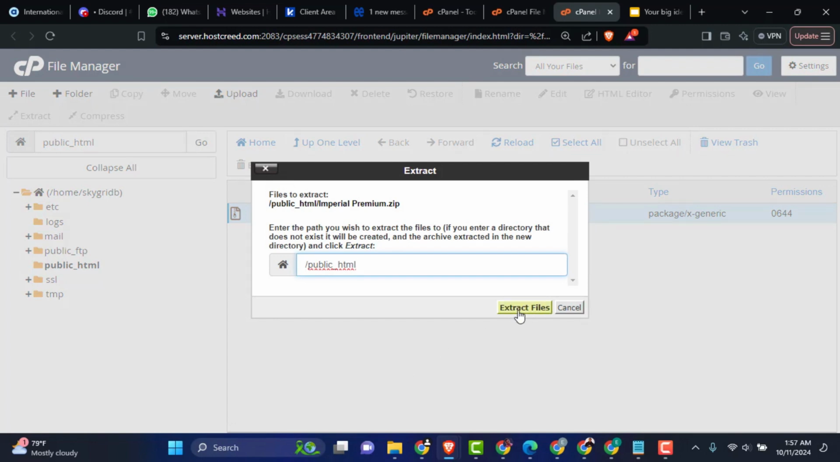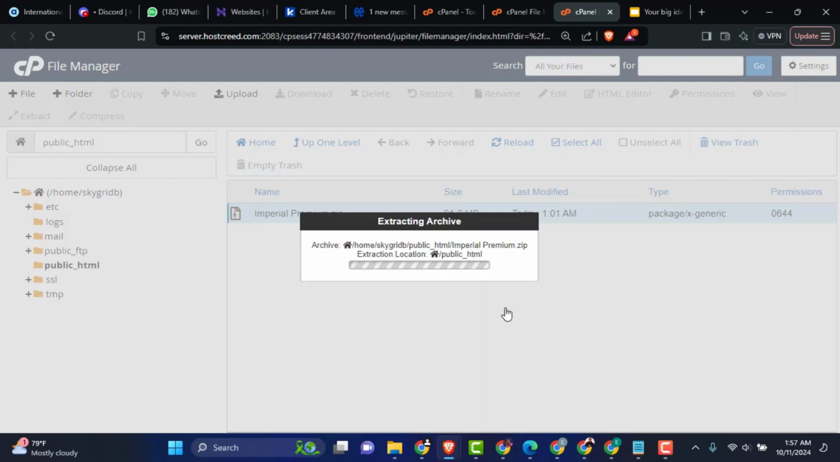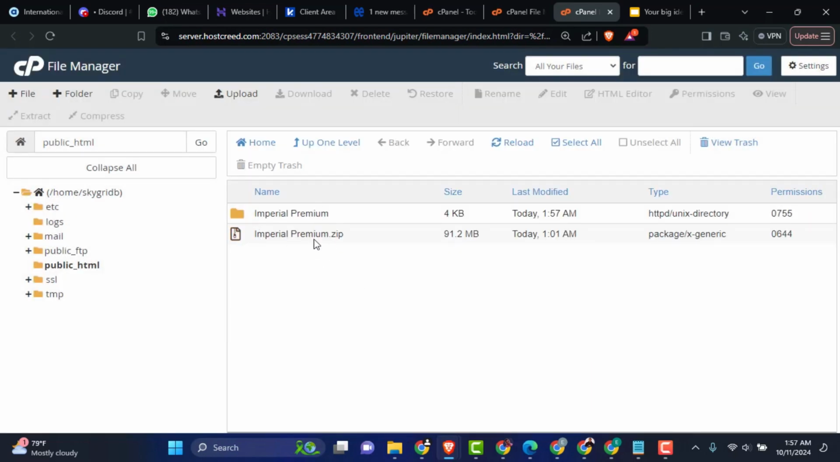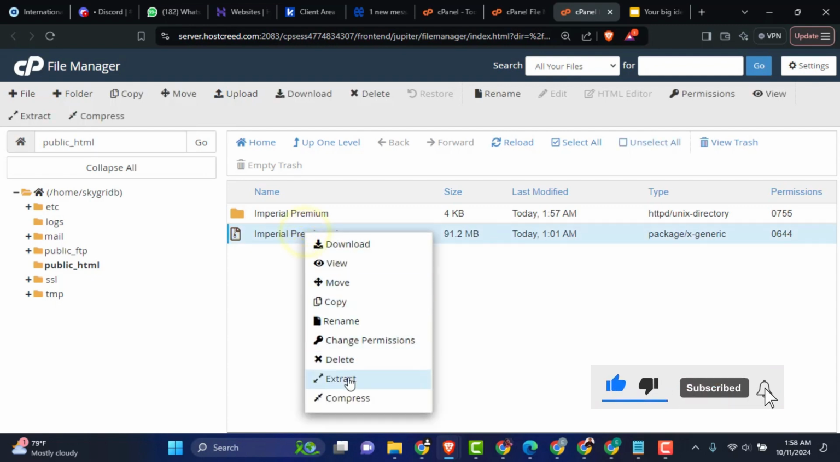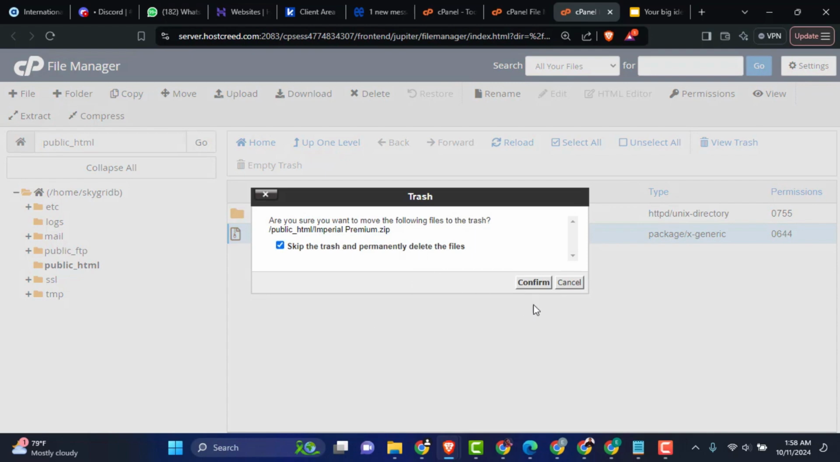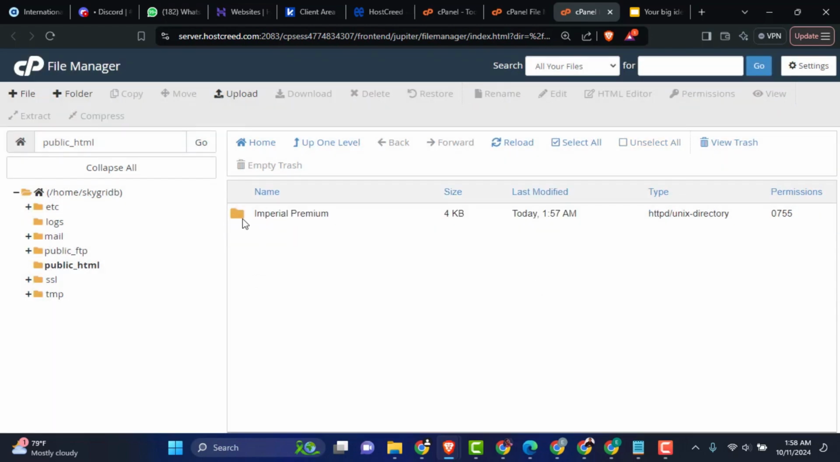Of course, I'm going to extract it into the public_HTML. Okay, so I click on the extract files, close that, and you can see that the file has extracted. So what I'm going to do is just delete this one because I don't need it anymore. Okay, so I'm gonna go ahead to delete this file right here, and then I'm going to open this folder